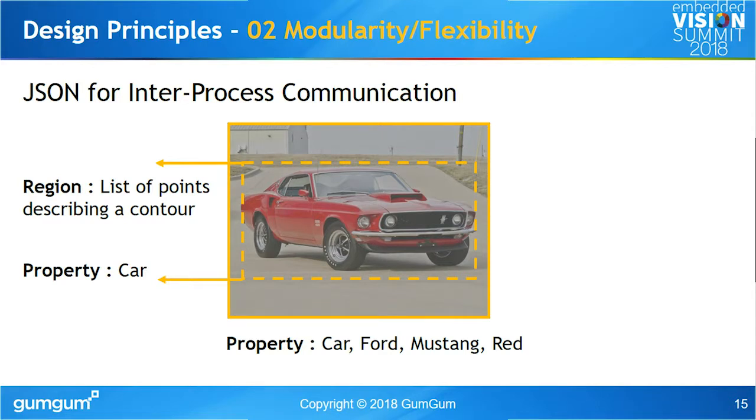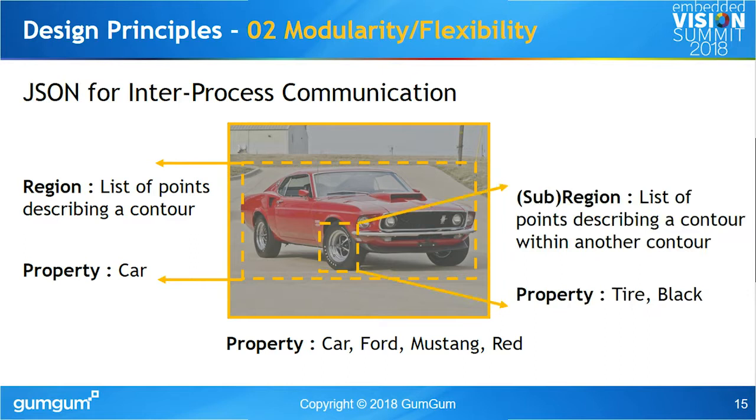Now, the way this scales is that if it was a classification problem, if we had image level labels, this region would essentially just be the 4 coordinates of the entire image. We also have a concept of subregion, which has all the properties of a region, but it also gives you the space to incorporate